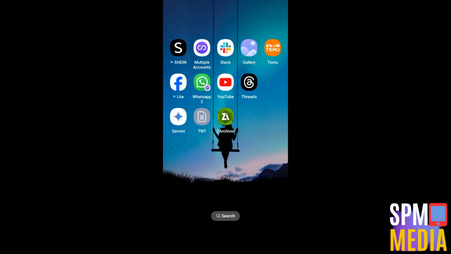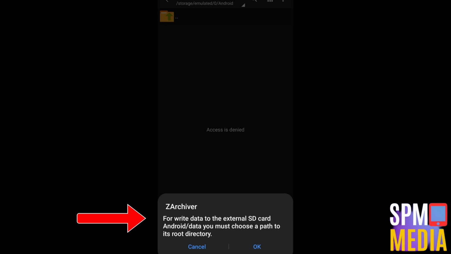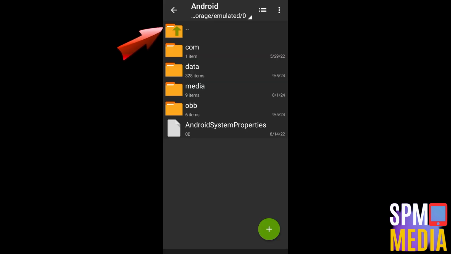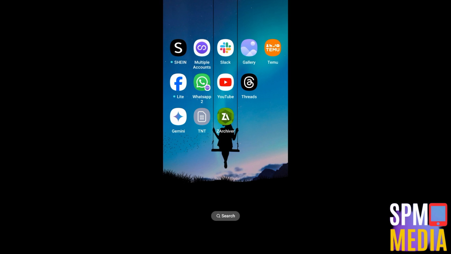Hi everyone. In this video, I'm going to show you step-by-step how to fix the ZArchiver access denied error. So basically, if you see this when you open your ZArchiver, and not this one right here, there's something wrong with that. The first thing you should do here is to exit your ZArchiver first, and then you have